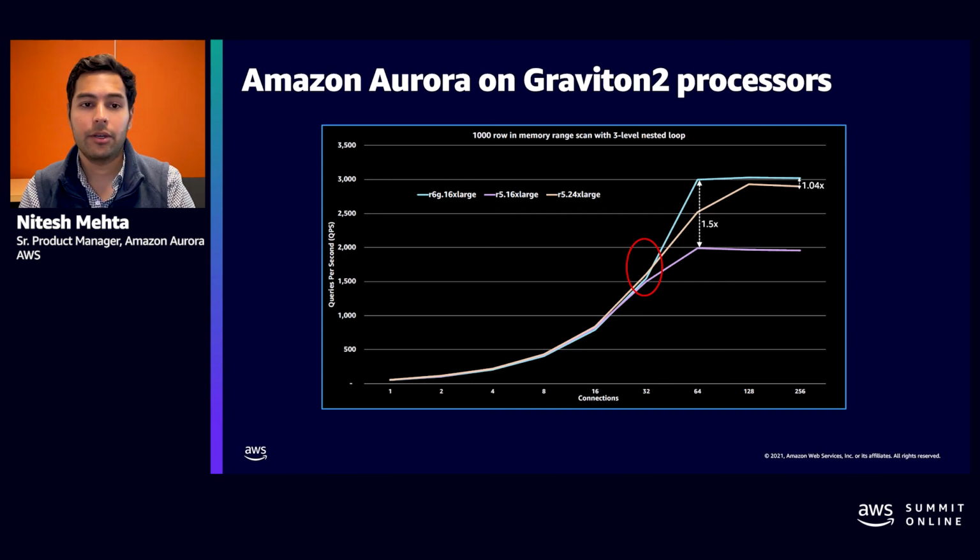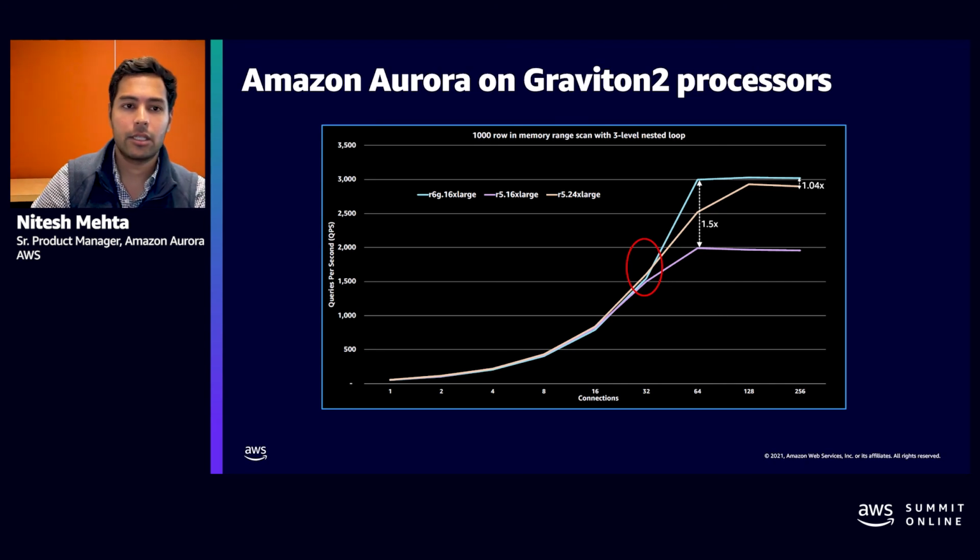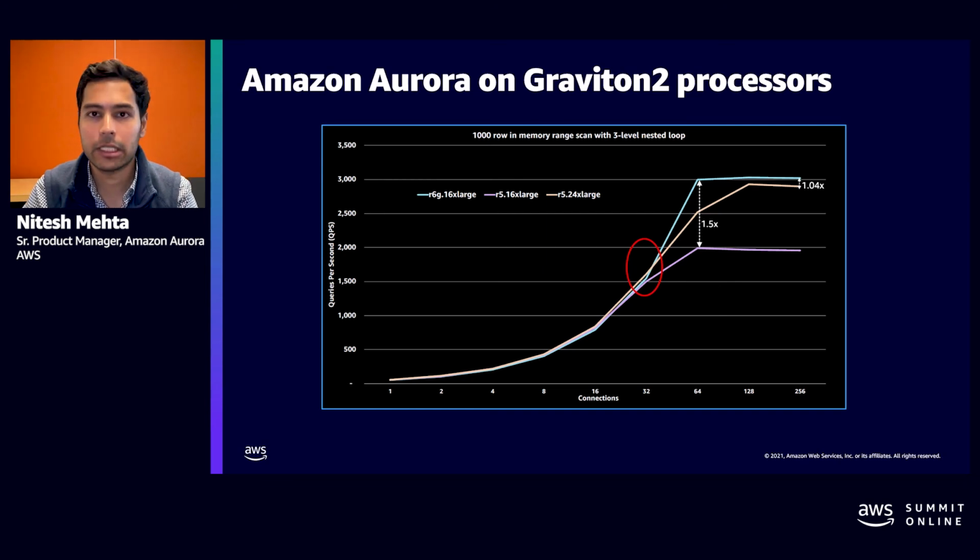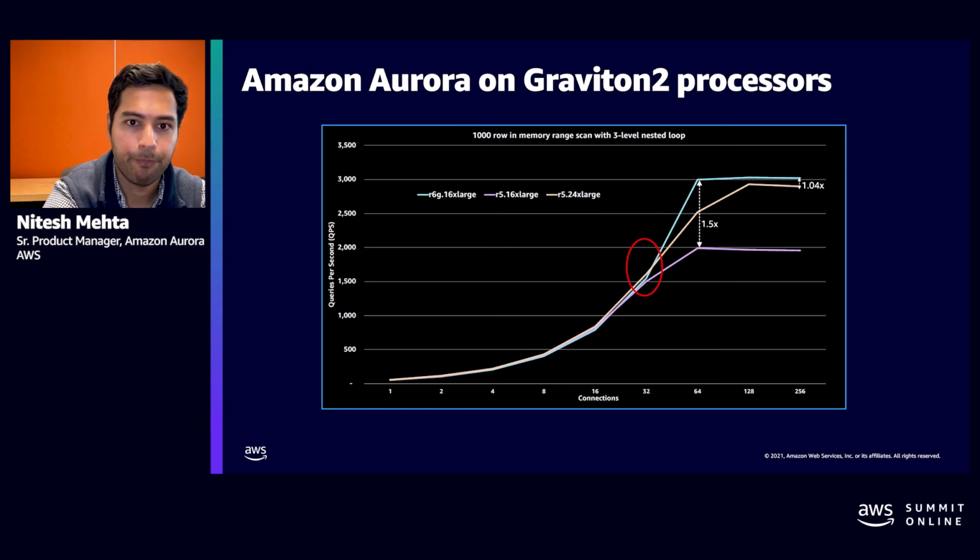So you can see that there is clear cost savings because now customers can potentially, depending on their workload, downsize from a 24x large Intel instance to an R6G 16x large instance, which again gives more performance savings besides just the price performance that we covered earlier. So truly, Amazon Aurora and Graviton2 deliver highly on the price performance and the cost savings by combining both the best of both worlds, delivered again in a fully managed fashion.